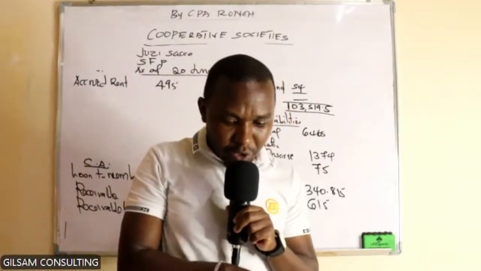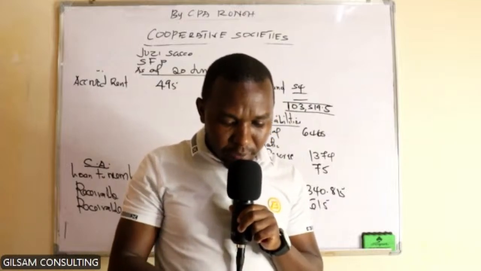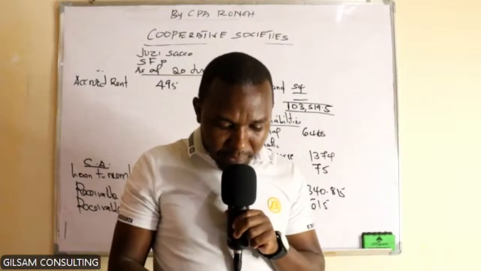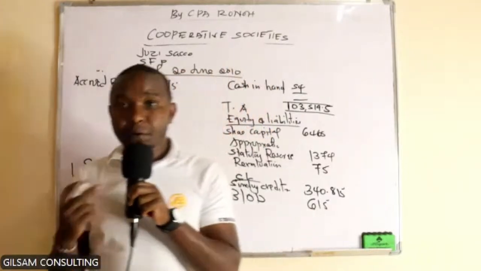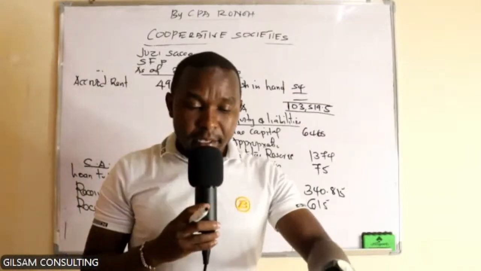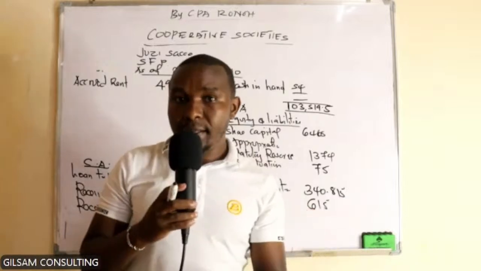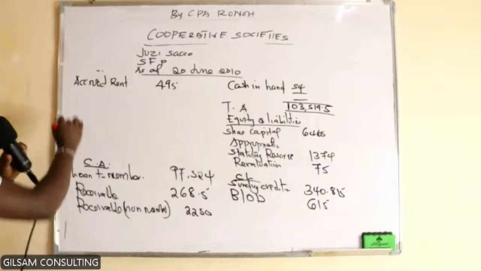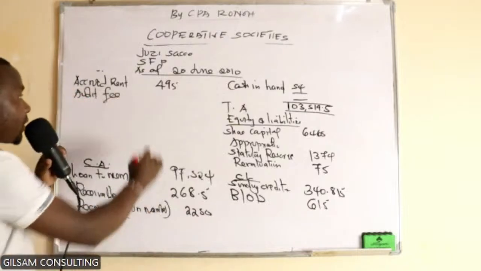Then go to the additional information. Audit fee, exclusive of the VAT 16%, and the supervisory fee are to be provided for. So that is a provision. So they have not paid. If you look at that trial balance, there is no audit fee. So it is part of the accruals at the end of the year. So we provide the audit fee of